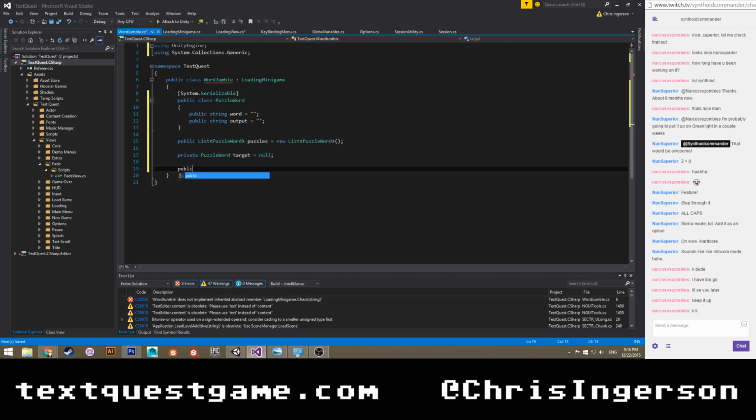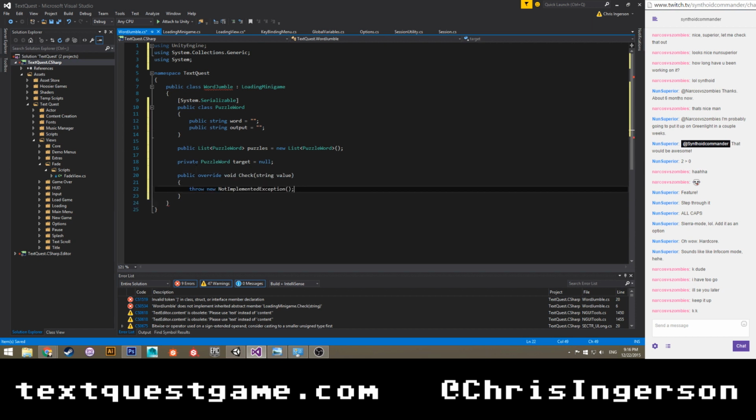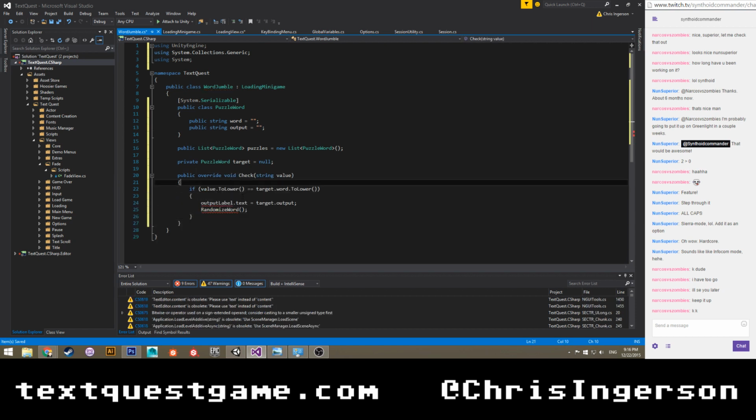So public override check. And what was I going to do? We'll keep randomized word in there for now, and then we'll just say minigame completed, target dot output.